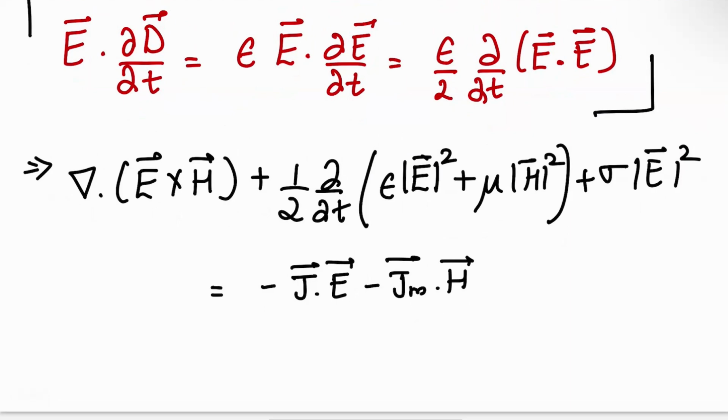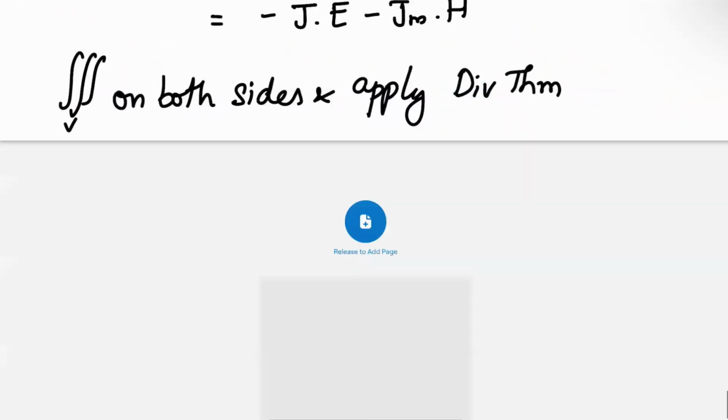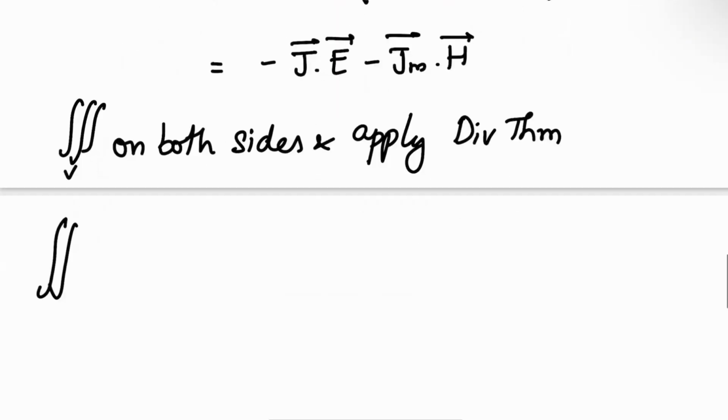Okay. So now whenever you see divergence, you would like to apply the divergence theorem, right? So that's what we'll do next. We do a volume integral on both sides and apply the divergence theorem. So when you apply the divergence theorem, you get a surface integral, right? So you get nothing but the surface integral of E cross H dot dS